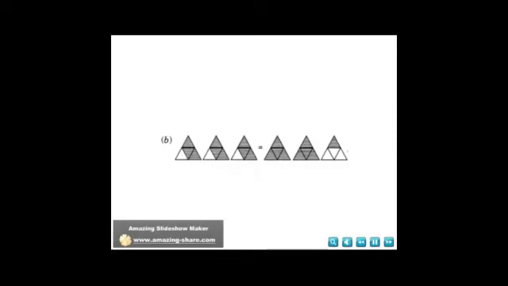So here is the diagram of B subdivision. In the left hand side we are given 3 triangles. Each and every triangle is split into 4 parts. Out of these 4 parts, 3 are shaded and 1 is unshaded. So the fraction of the shaded region is 3 by 4. Since we are given 3 triangles, we can represent it as 3 into 3 by 4.